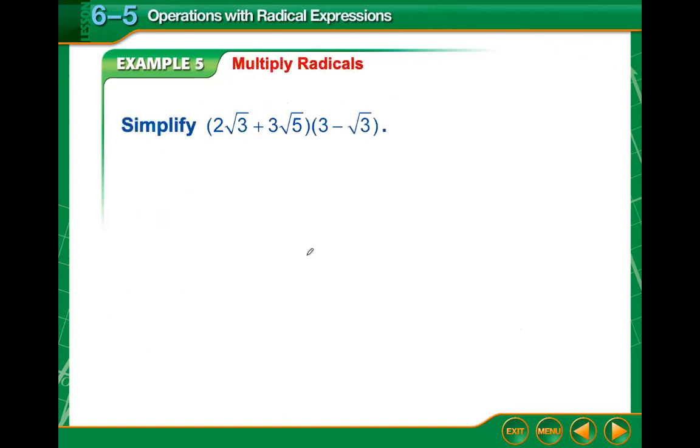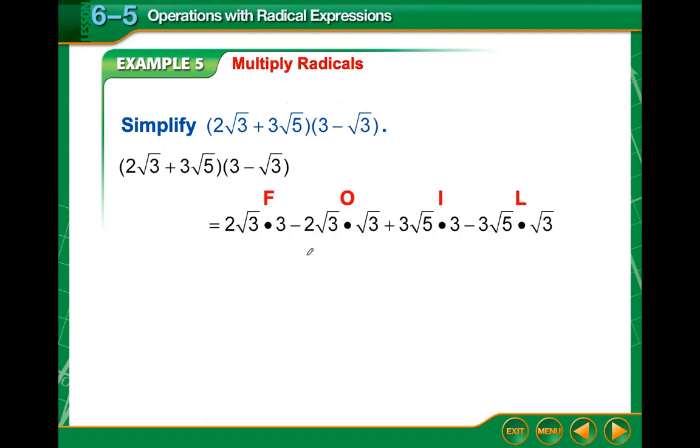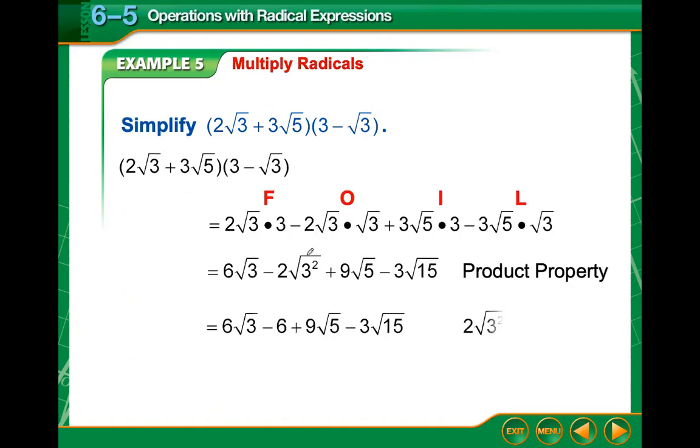All right, we can also multiply. So they're going to use FOIL here. Generally, we will just use the box, and the same properties apply here. They did first, outer, inner, last. We typically stay away from FOIL just because it only works with 2 binomials. But they did 2 square root of 3 times 3,